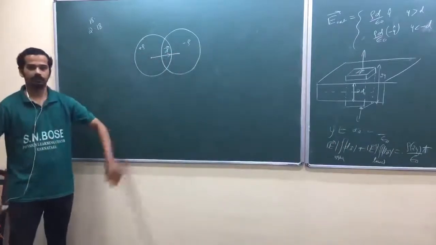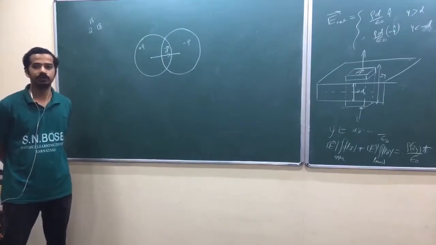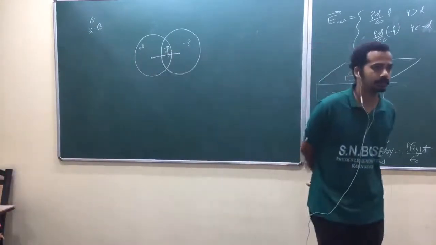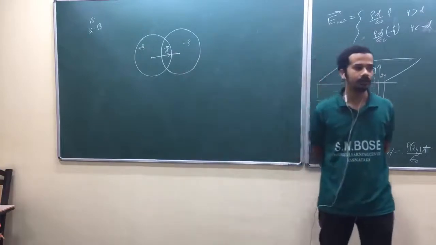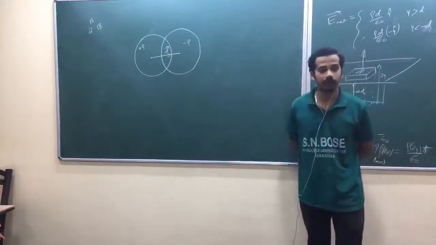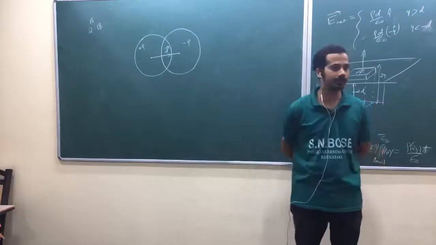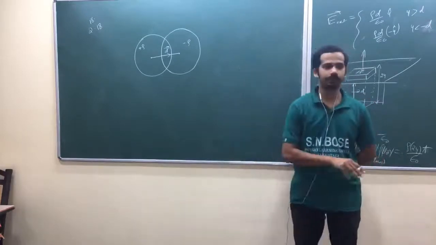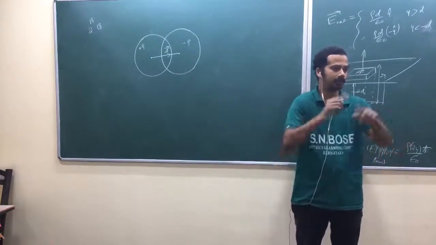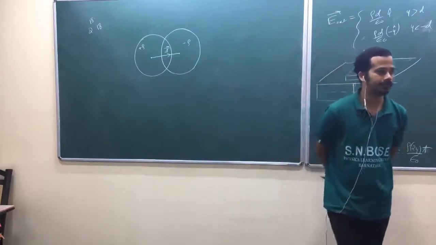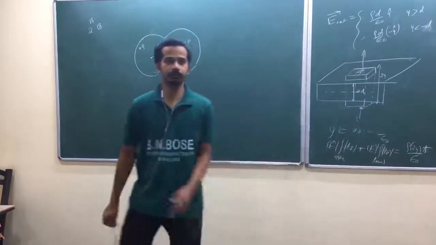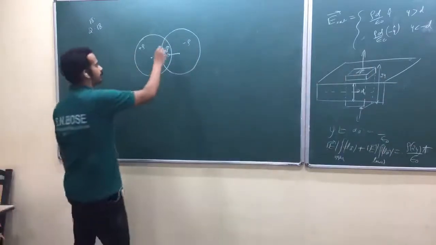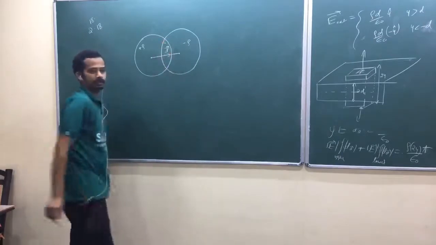If you take the region of the overlap, you have to take the electric field due to individual spheres. Am I right? Our superposition principle allows us to do that. So assume only plus rho charge, so only the plus rho sphere exists. Find the electric field, and assume only minus rho exists. Find the electric field at that point, and vectorially add them. Are you getting my point? Our superposition principle allows us to do that. Is that okay? Take any point in the overlap region.